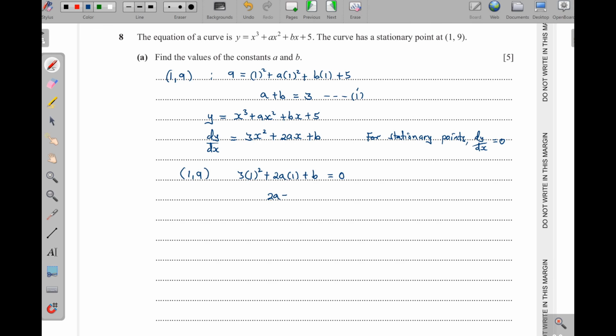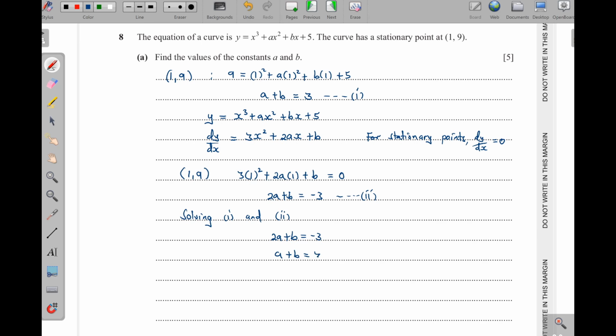So I will have 2a plus b, which is equal to -3. This is my second equation. So solving 1 and 2 simultaneously, we shall have 2a plus b is equal to -3,